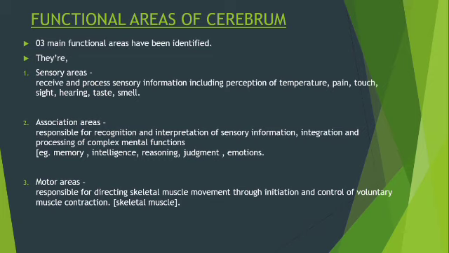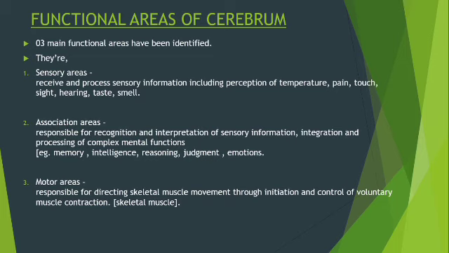Then we have to learn about the functional areas of the cerebrum. There are three major functional areas of the cerebrum. They are sensory areas, association areas, and motor areas. Sensory areas are responsible for receiving and processing sensory information, including perception of pain, temperature, touch, sight, hearing, taste, and smell. Association areas are responsible for recognition and interpretation of sensory information, and